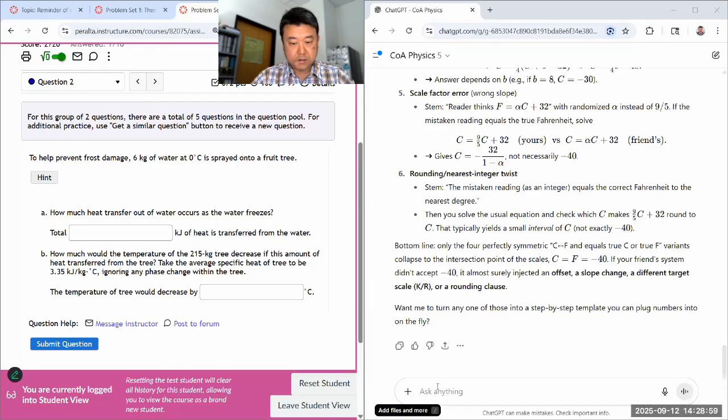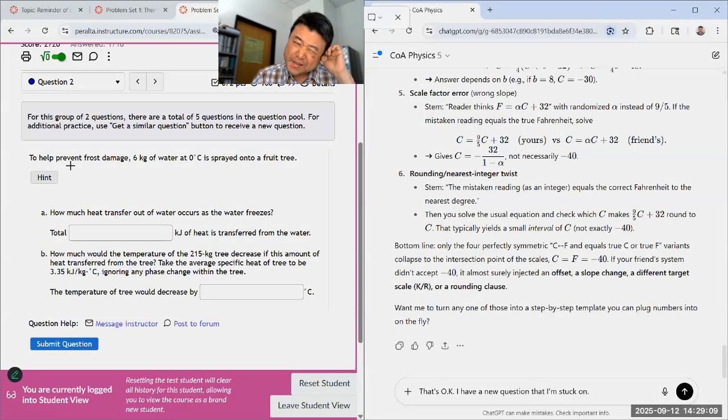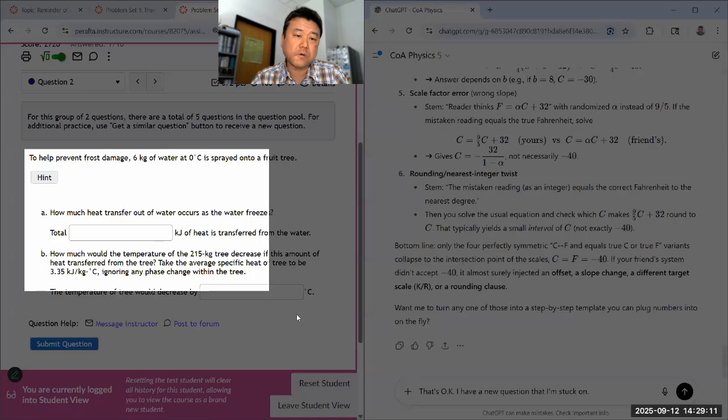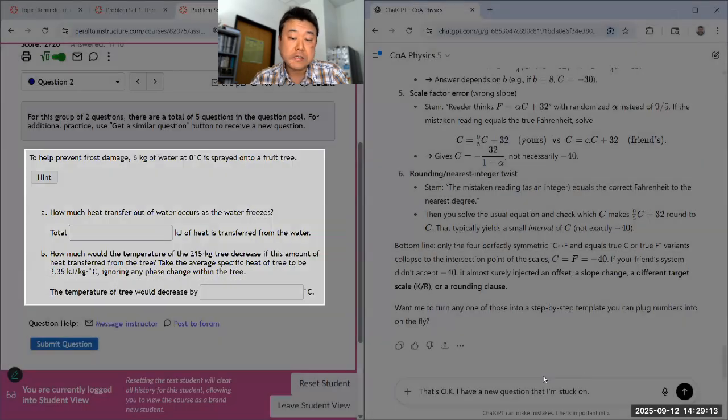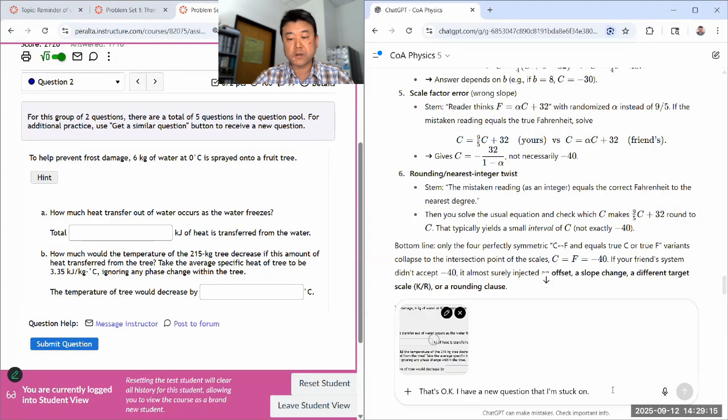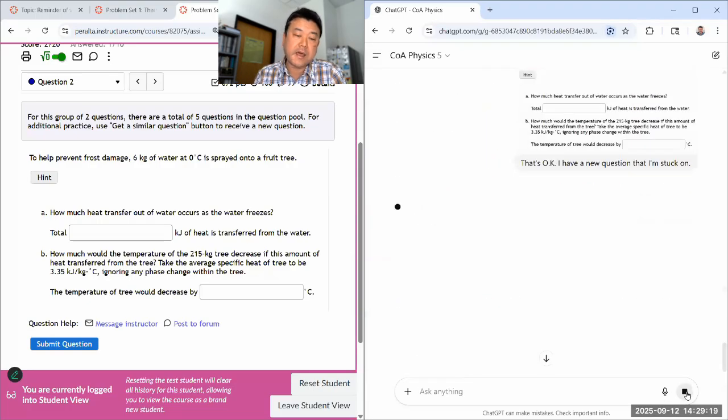So I have a new question that I'm stuck on. And again, if the system instructions are working the way they are supposed to, then it shouldn't work out the whole thing for me. It should explain for me the issues that are involved, latent heat of fusion of water,